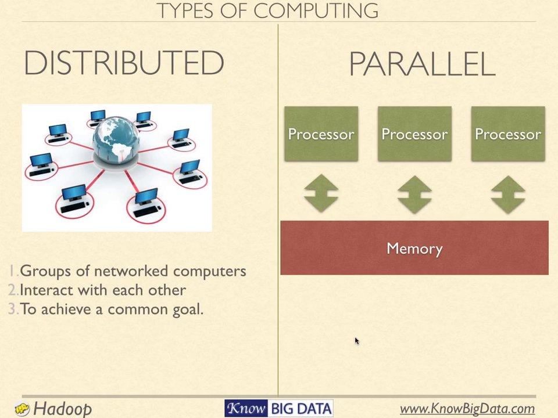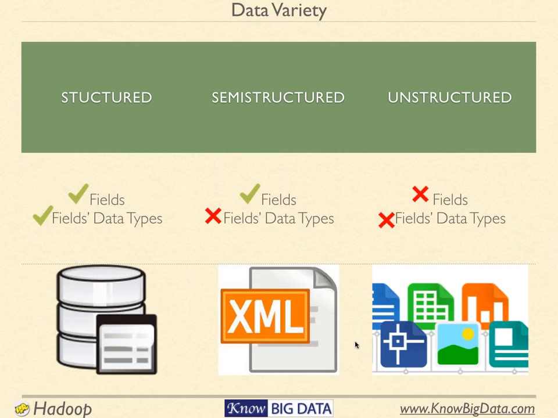Now, what exactly is structured and unstructured data? We'll go back to our definition after this. Structured data means you know exactly what the fields in your input data are and what their data types are, such as your database, or sometimes your spreadsheet also, because most of the time in a spreadsheet you have clarity of data types.